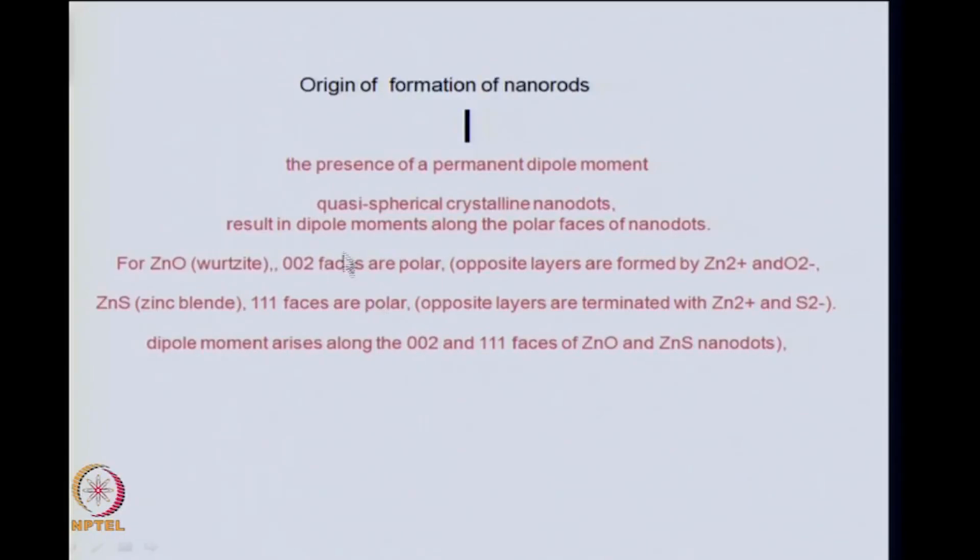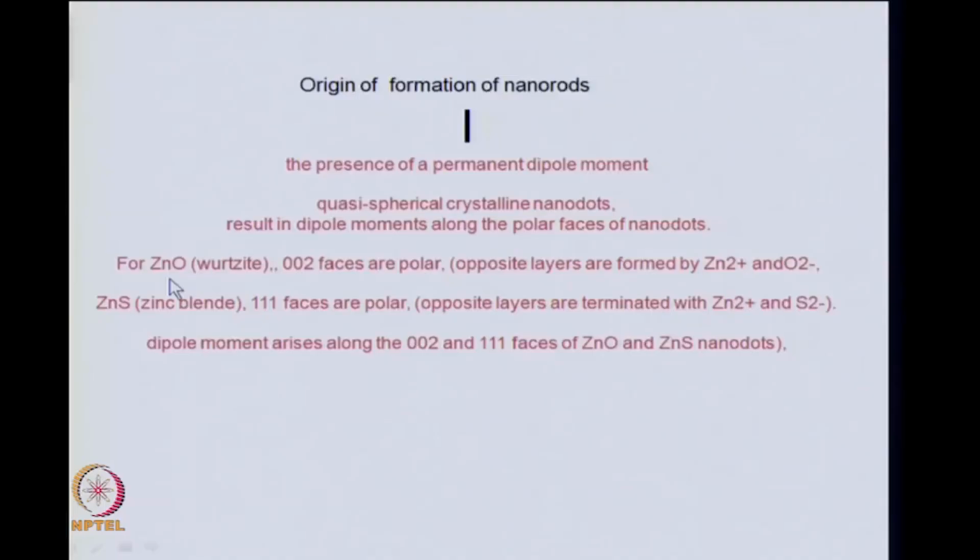Now, whenever you have this dipole moment, so there is some positive and negative type of charges on opposite faces or opposite layers, then the fresh ions, which are say positively charged ions, will come closer to the negatively charged faces, and the negatively charged ions will come closer to the positively charged faces. So, if you look at zinc oxide, for example, the wurtzite structure of zinc oxide, in that the 002 faces